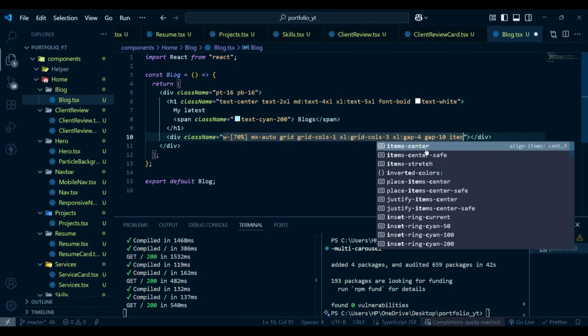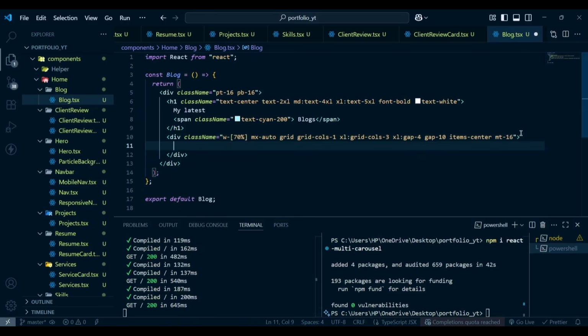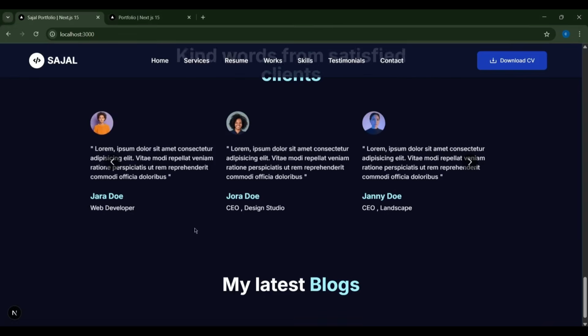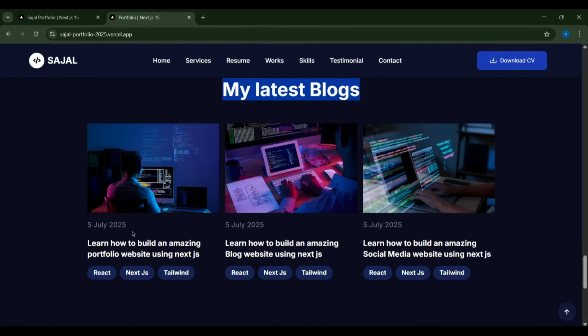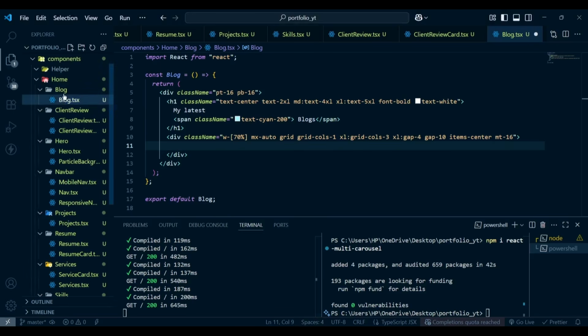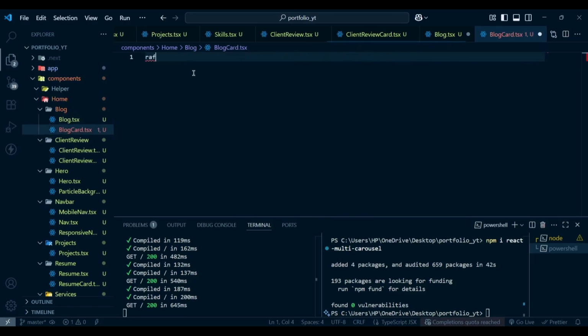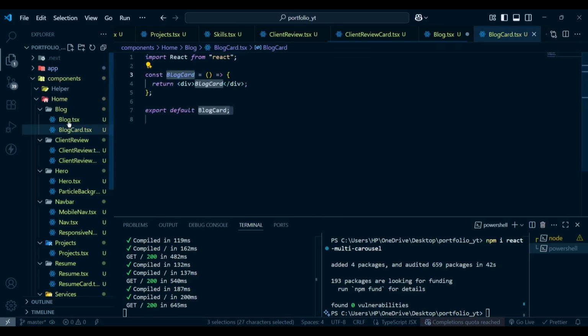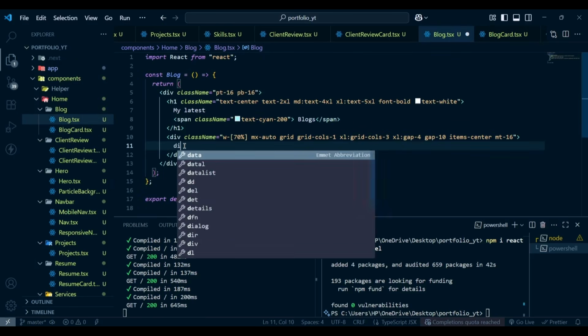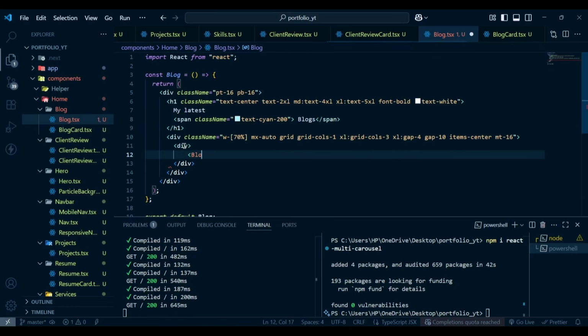Items center, and then we have margin top of 16. Now inside this div we will create a separate component for our block card so that we can reuse it. So I'm going to create a new file here, and I'm going to name it blockcard.tsx, and I'm going to use RFC to create the component boilerplate, and then here we will have a div, and inside this div we will have our block card,